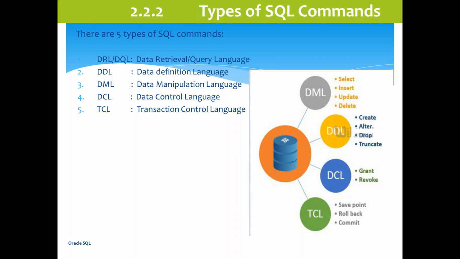So we have to tell any object can be created, any object can be altered, any object can be dropped, any object can be truncated. Mostly 95% of work is happening at table level only. Other objects people are not working with in real time, and for practice purposes also. That's why all are telling table, table, table.